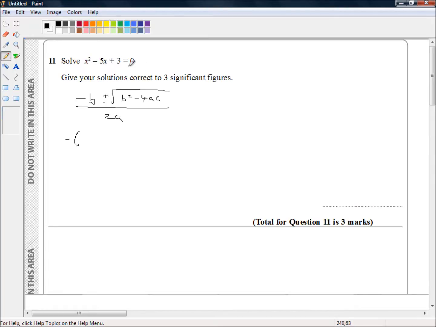Your quadratic formula assumes you've got your quadratic equation in the form ax squared plus bx plus c equals 0. So our b is negative 5, so that's minus negative 5 plus or minus the square root of negative 5 squared